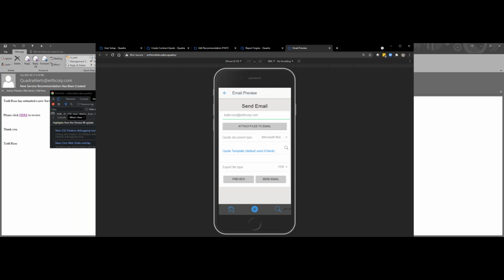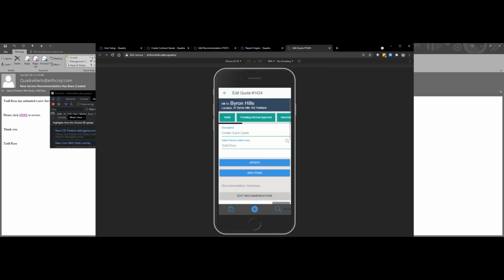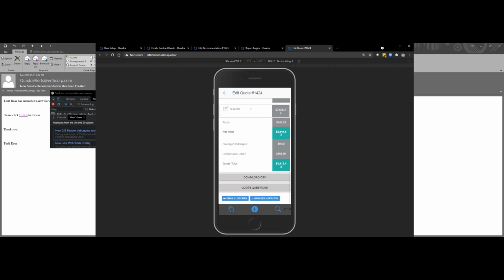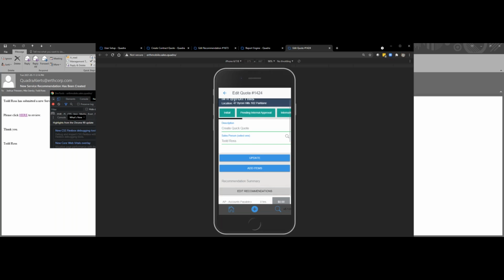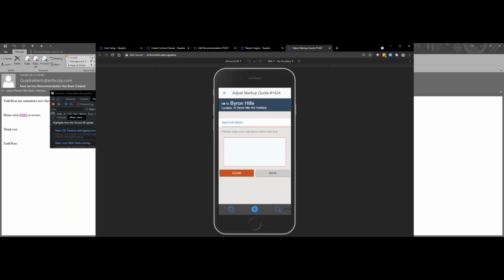And the nice thing about it is, you've got a complete log of everything that happens on every one of the recommendations that you push through. So once I've emailed the customer, there's now an approval button, so I can then say the customer's going to approve it or the customer's going to decline it. If I say it's been approved, we can put in the customer's name, Joe Smith, have the customer sign it right on their phone,